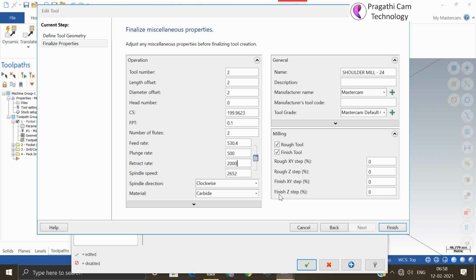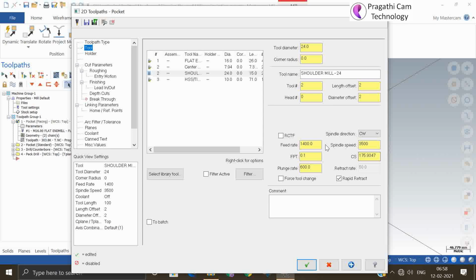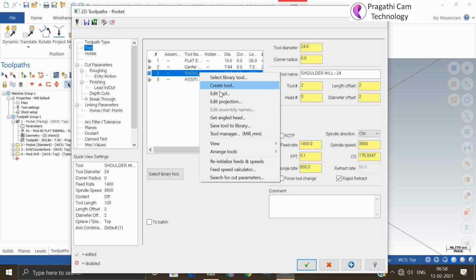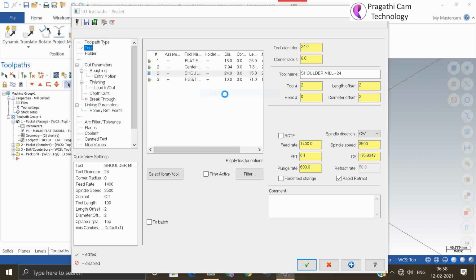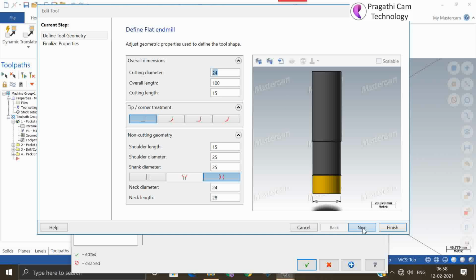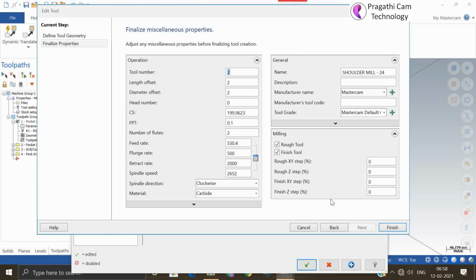Why am I doing this? Because I made a modification to the tool. I am just saving this in the library also. So you can see the tool number. I have already put tool number 2, so I will edit it again. I will make the tool number 5.